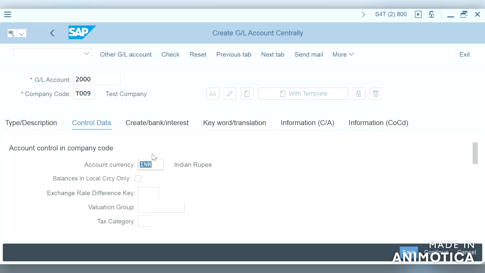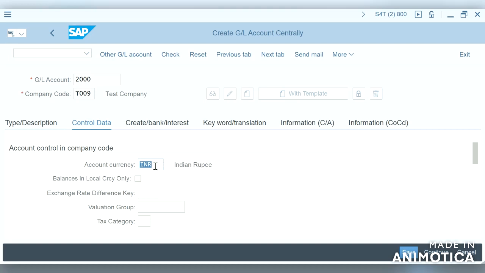So moving on to account currency, the importance of this field is if the currency is the same as company code local currency, then any document currency can be used when posting to the account. If not, then document currency must match that of GL account currency.